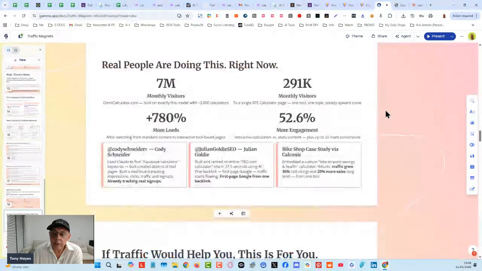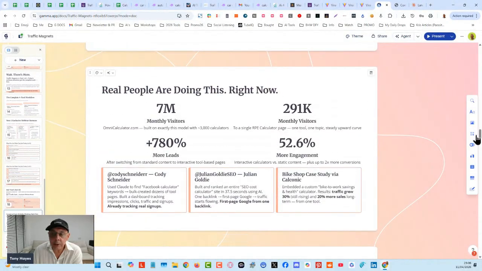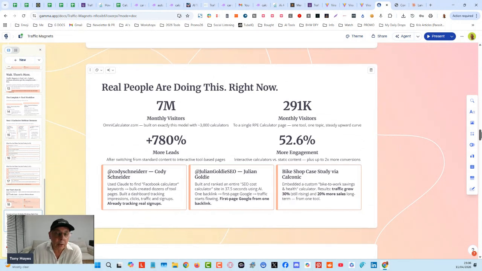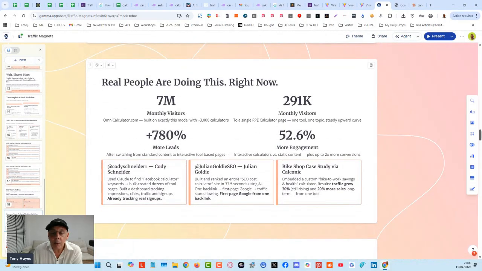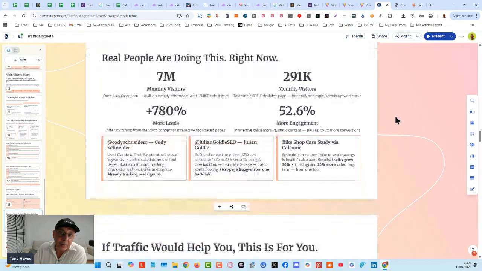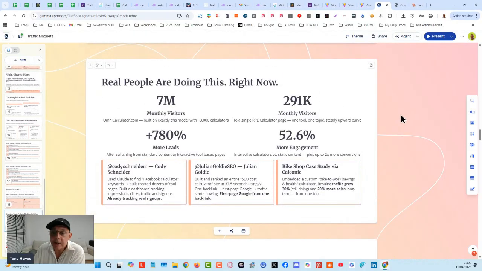Okay, so you've got really good high quality tools that you can just reach out to other people who've got websites in the same topic and say, would you like a calculator on your site? The only thing is, it's got a link back to my site. I want a backlink. Okay, call it a backlink deliberately, because if you say, I want your traffic, they might hesitate. If you say, I want a backlink, they think, oh, give me the tool. But what you're actually doing is you're getting traffic from it.